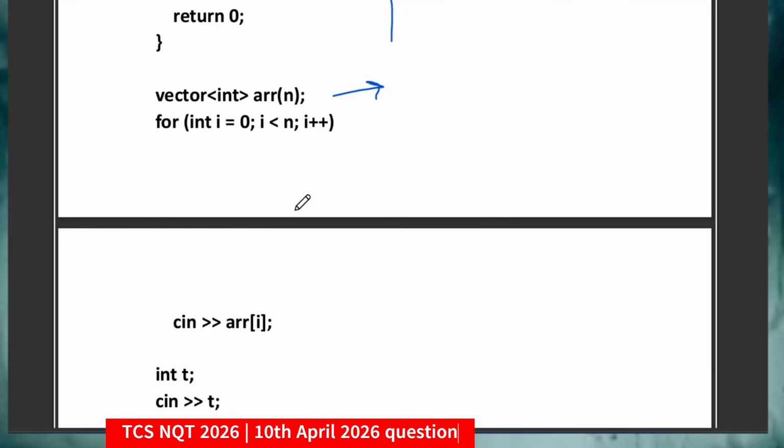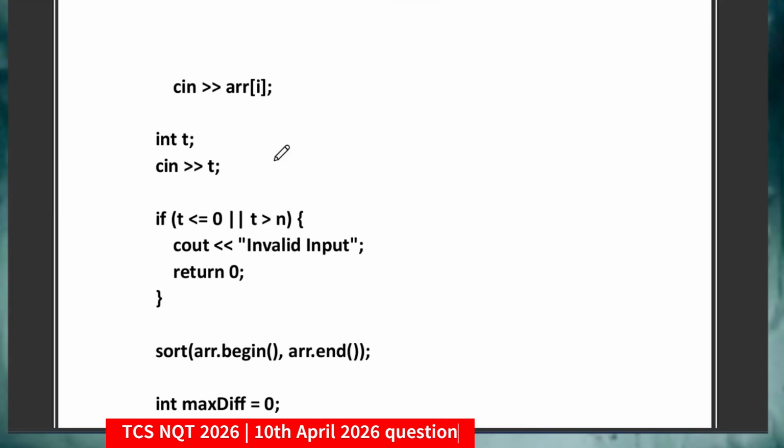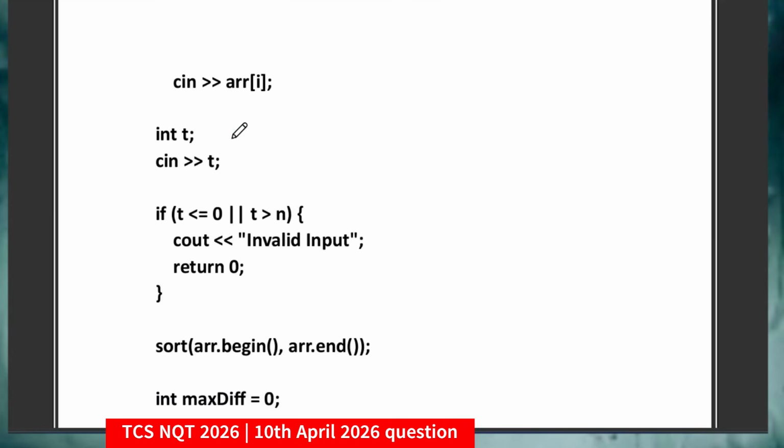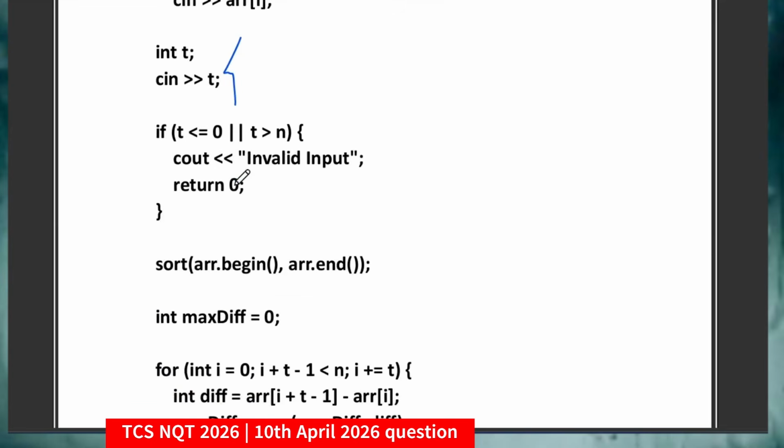Now declaring the temporary array and taking the input: for int i equal to 0 to i less than n, i plus plus, cin array, taking the value of t, which denotes the size of the group. Again applying the condition of the invalid input scenario, that if t less than 0 or t greater than n